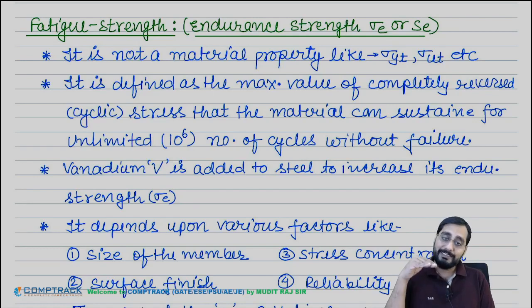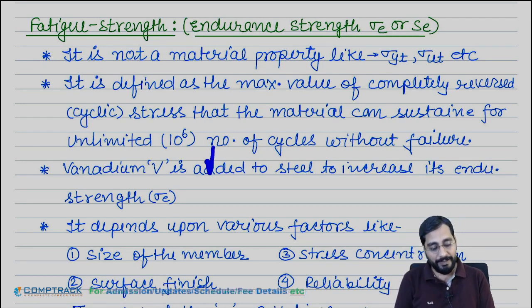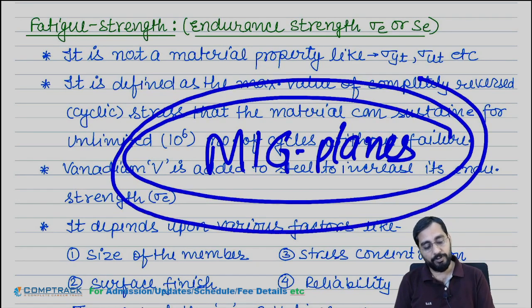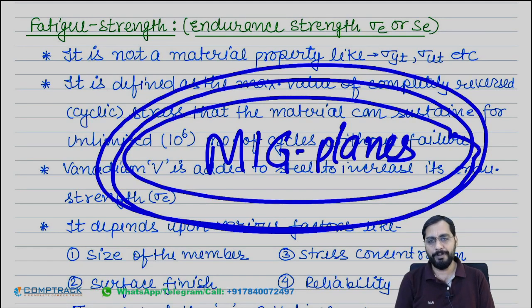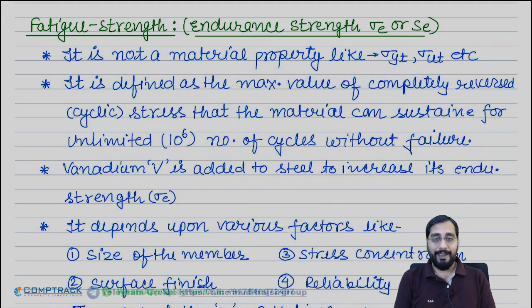Now, what is the fatigue strength then? Fatigue strength will be considered when there is fluctuating loading, because material will fail at very low stress. So this was very disastrous. Like MIG planes, they fail, right? MIG planes failed very often. A whole movie was made on this, Rang De Basanti. Watch the movie. So MIG planes were failing and the designers or scientists were not able to figure out how they were failing.